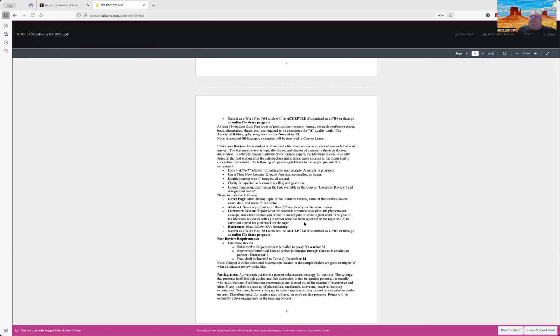And the goal of the literature review is to reveal what has been reported on the topic, what the literature shows, and then to carve out a need for continued research in this area. Needs to be a reference list. And if you're using your annotated bibliography to take it to literature review, that reference list will have received feedback from the annotated bibliography assignment. So you should be in a position to really be able to bring the reference list forward from the annotated bibliography and add it for your lit review.